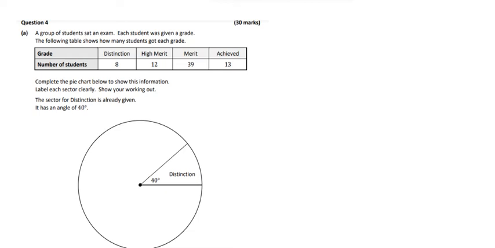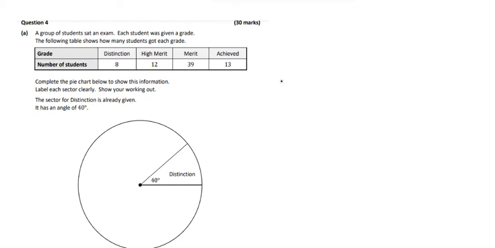Hey folks, question for today's pie chart, so you have to be able to draw a pie chart. Ways of working out the angles for a pie chart. If we add up the frequencies anyway, so